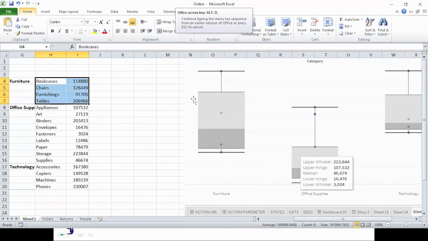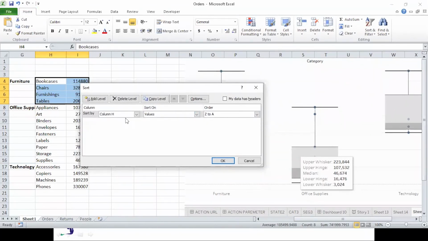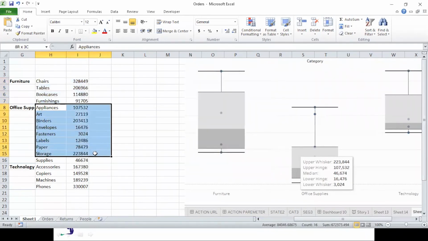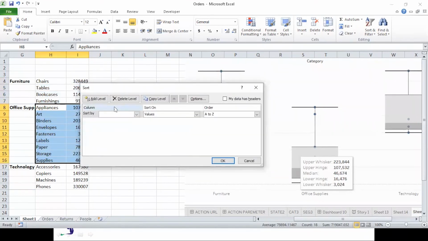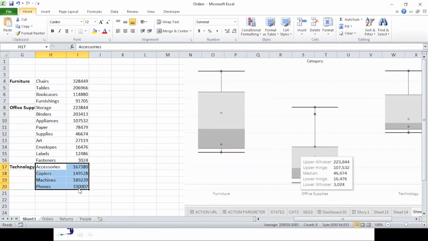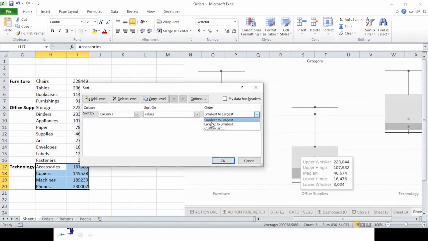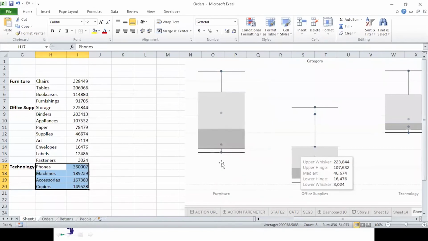Let me sort it. Okay. Now let's see office supplies, upper whisker, lower whisker.